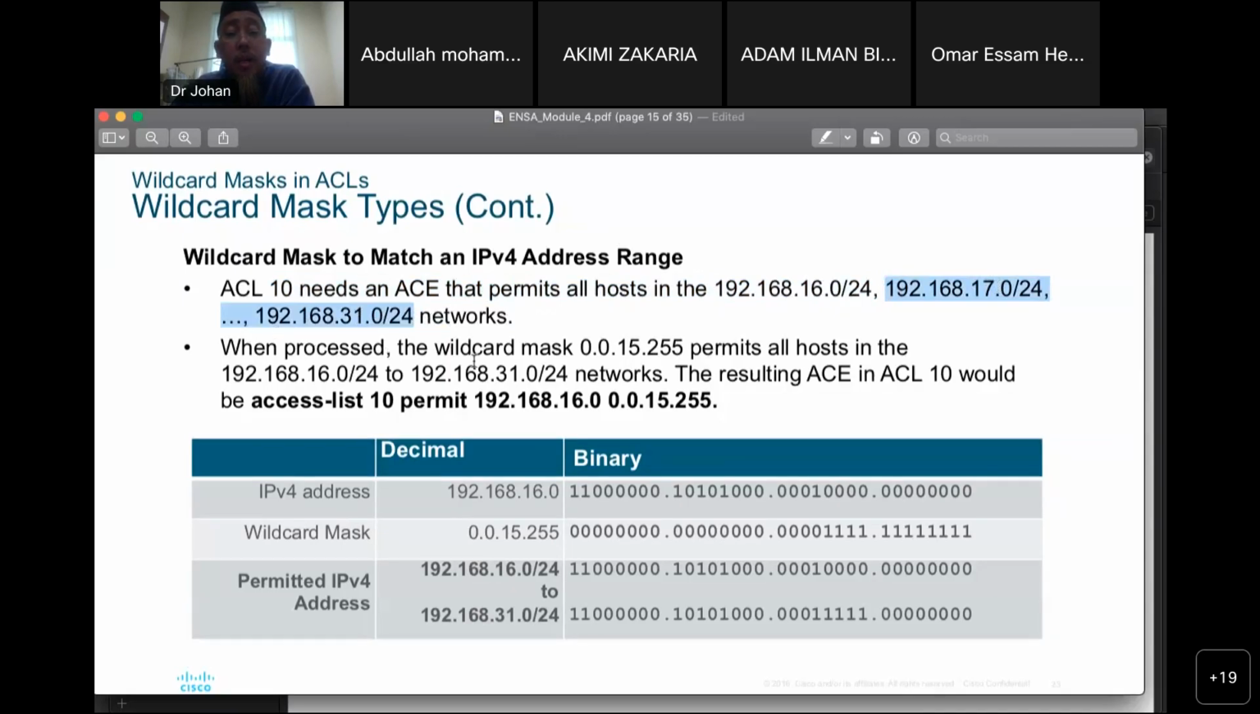So when processed, the wildcard mask is 0.0.15.255, which permits all hosts in this range of networks, 16 until 31. This one we have already learned in subnetting in class, how to do subnetting and select on this. So this is the wildcard. The resulting ACE in ACL 10 will be access-list 10 permit